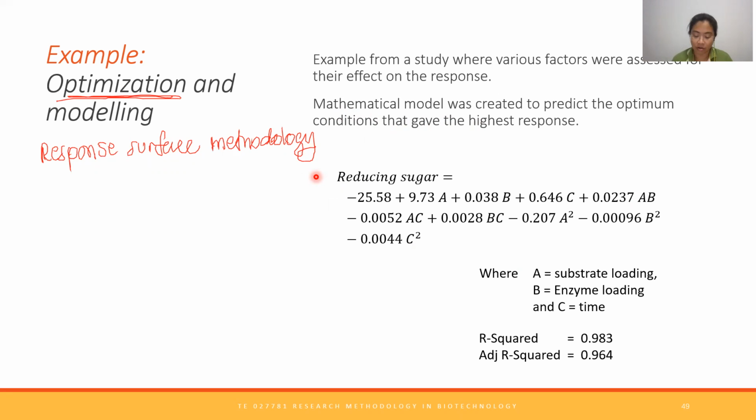In this one, you should know immediately that there are 3 factors, A, B, and C. In this particular paper, A is substrate loading, B is enzyme loading, and C is time. And this equation is actually used to predict. The way it predicts is